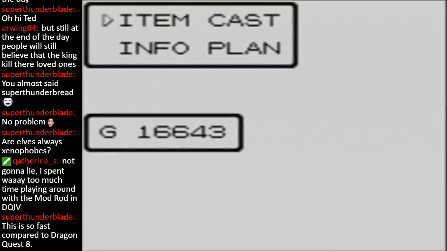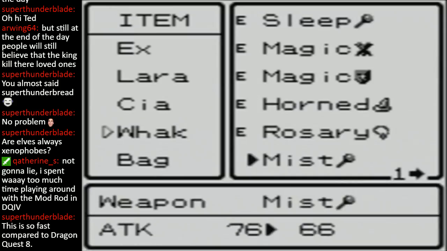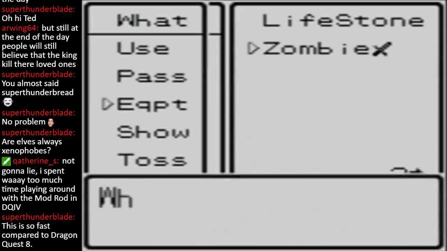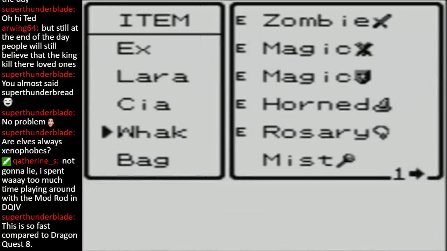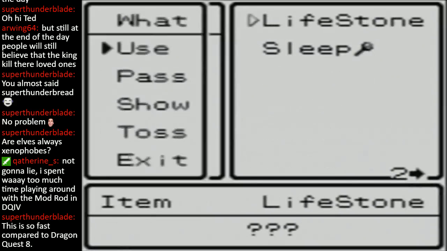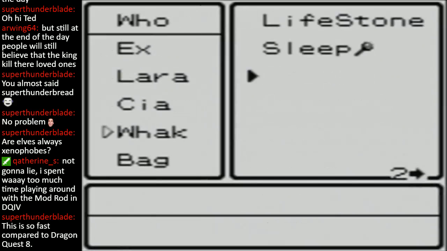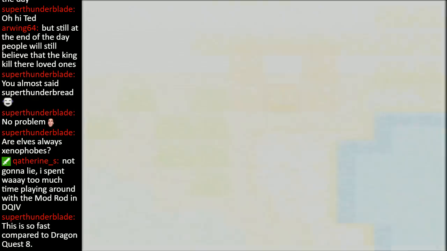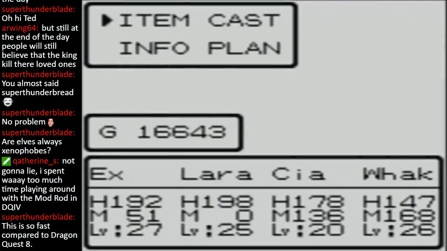We're doing that. No, I want to equip the zombie's bane. We're getting that so that he can, and this, okay. Sorry, I like things to be in a specific order. We're getting that so he can get a free sleep spell in battle. Okay, cool. So now that we've got that,